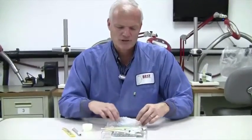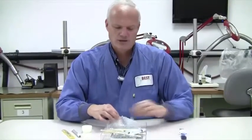And many times what we have to do is color match. So in this repair kit are colorants that will match the color of the board to make sure that it's very aesthetically pleasing. We also have some orange wood sticks to allow you to scrape off in a non-damaging way